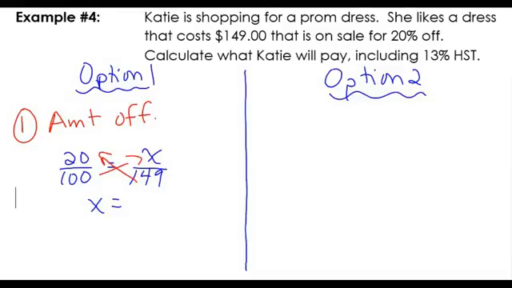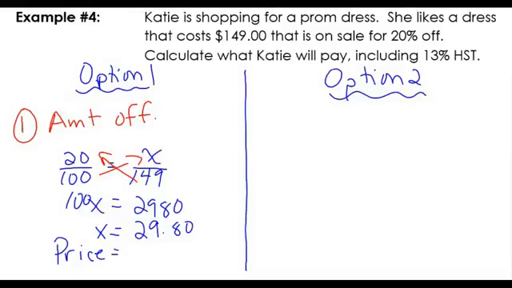So I end up with 100x, it being equal to 20 times 149, which is 2980. So when I solve for x, I'm going to divide by 100. That tells me that $29.80 is the amount that will come off of the $149 price tag, right? So the price of the dress without tax is going to be $149